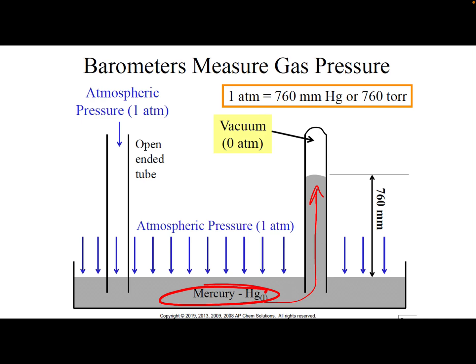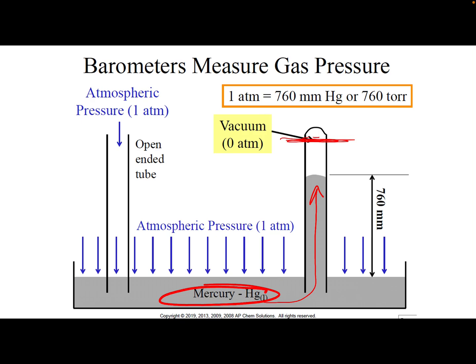So there's no pressure inside this tube. But if you place a tube in mercury that is open at the top, like let's say we didn't have it closed, here we're closed at the top. If you had it open at the top, the mercury wouldn't rise because the pressure from the atmosphere would be the same inside and outside the